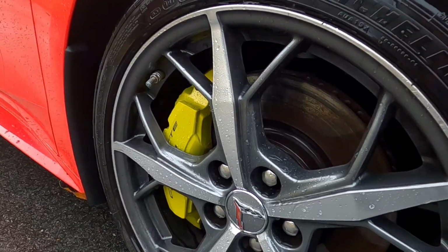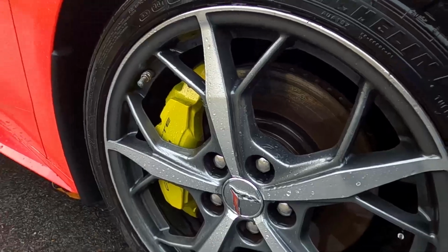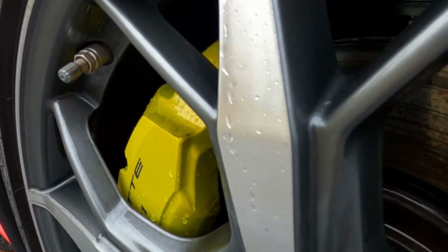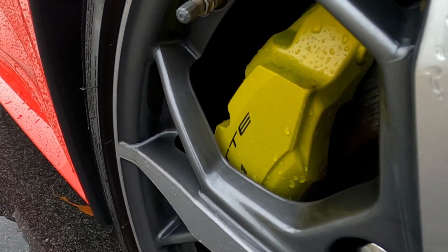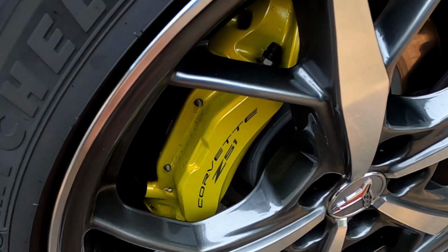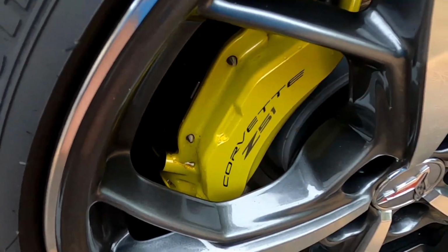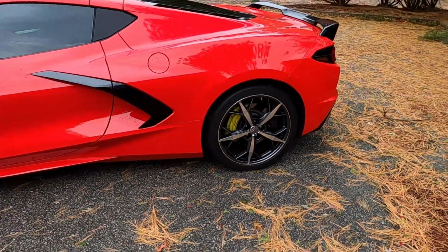Now I did do the wheels, so you can see the calipers and stuff. There's hydrophobic beads of water all over that, but let's add water to it. And immediately it beads off. Taking a closer look, you can see it's just beads of water. There's no sheeting. Even the calipers are super easy to wipe down and keep clean. And you can see here, most importantly, the calipers, like you can see the little bit of black water marking. I can just rub my finger across it and it's super clean. And so you can imagine with actual water and a microfiber towel how easy it is to keep the calipers clean,